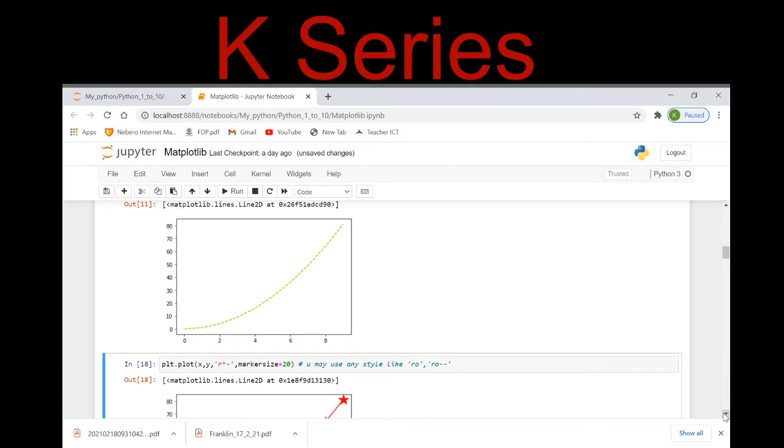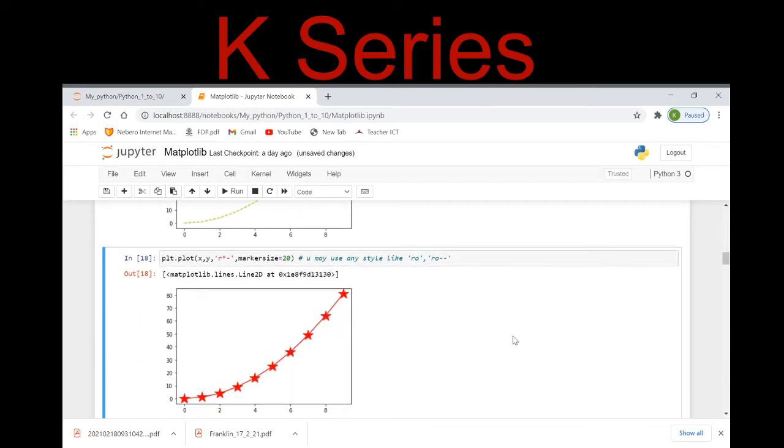Now here I am using marker size also. What exactly is the marker size? Here I have plotted the same equation x, y. I have taken the red color with this marker, which is basically an asterisk. It is showing me the points of my equation, and dash is the line style, and my marker size is 20.